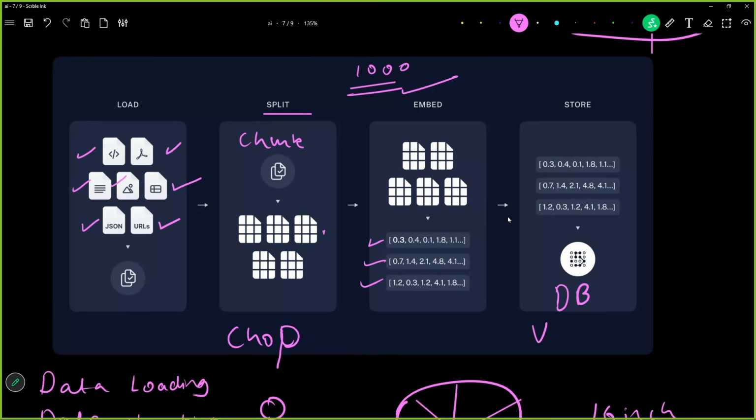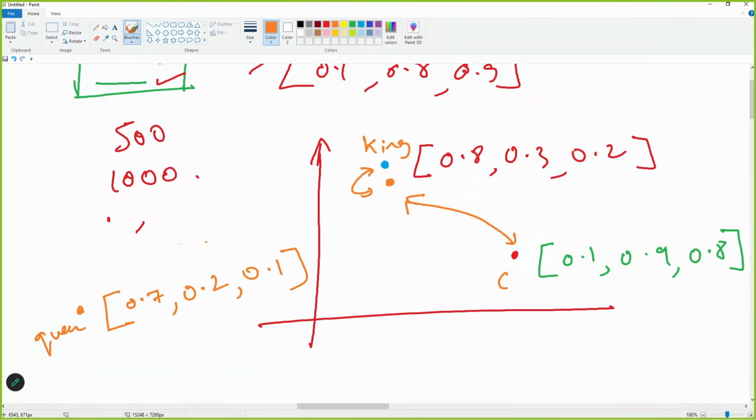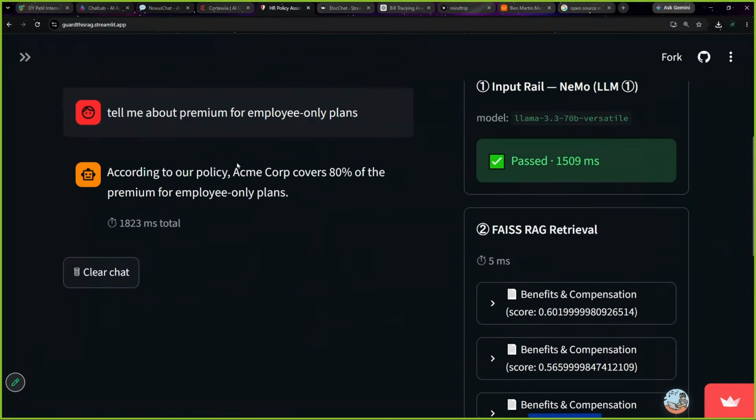This database is called a vector database. What is a vector database? A database which stores only vectors. That is it. And what are vectors? These are vectors. It will store only these things. Only vectors it will store. And based on these vectors, every time a new query comes into the picture,